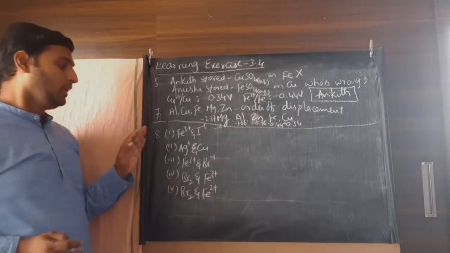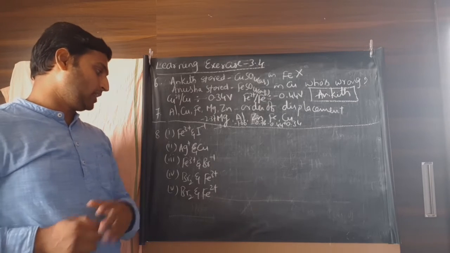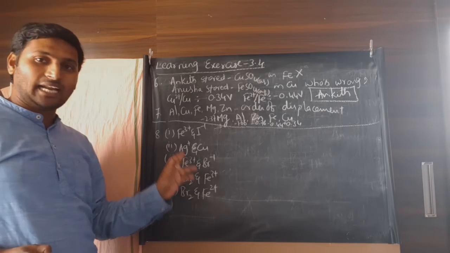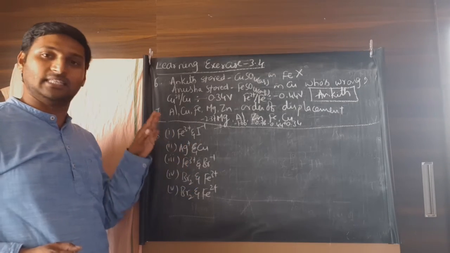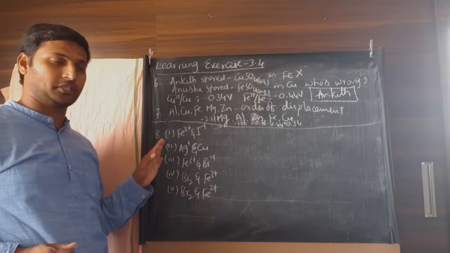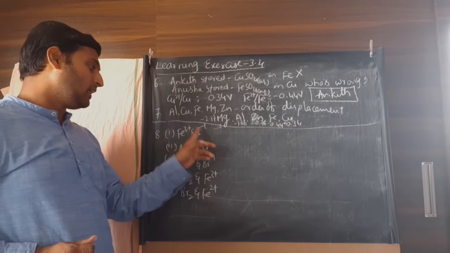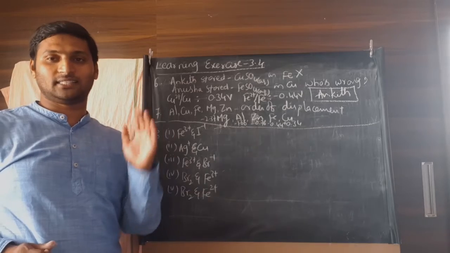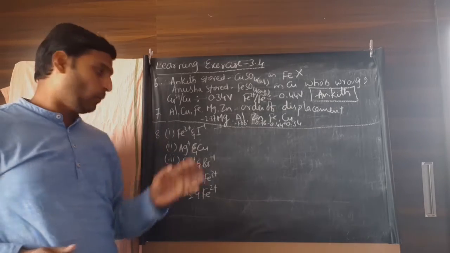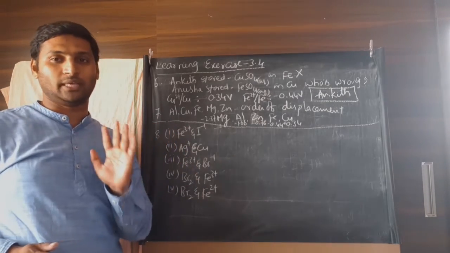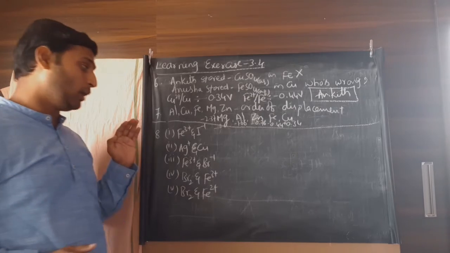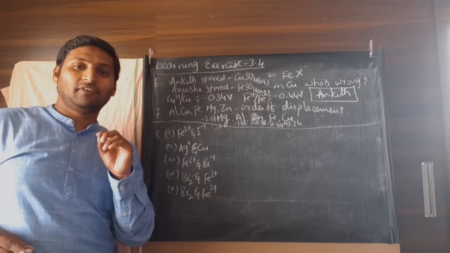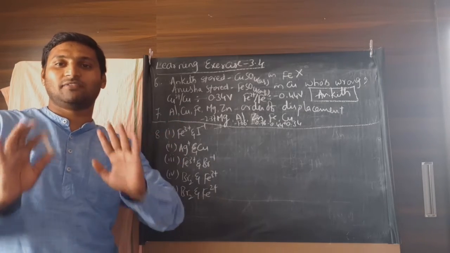Okay. Moving on to the 8th question. The question given here is, and this is an NCERT question, an interesting question, whether the given couple can exhibit a spontaneous redox reaction or not, whether a reaction will be feasible between them or not. And look at the beauty of the question. He has not even given you the reaction, he has just given you the couple.